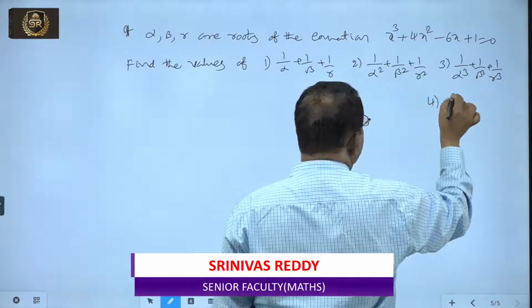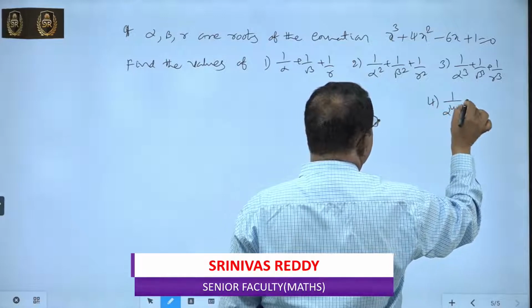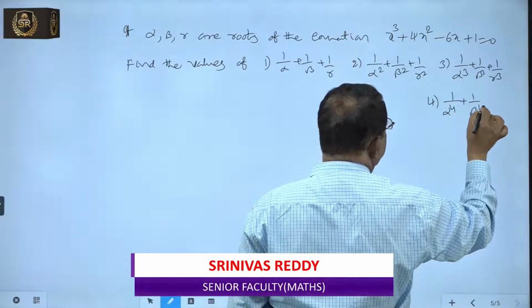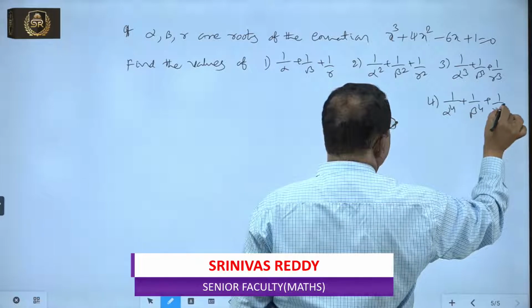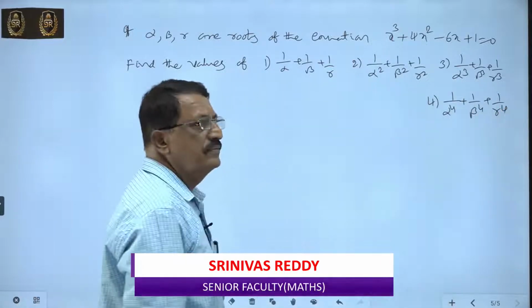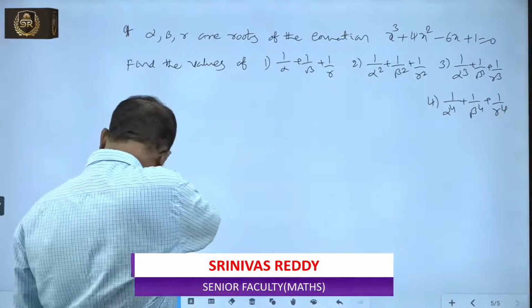Fourth, 1 by alpha to the power of 4 plus 1 by beta to the power of 4 plus 1 by gamma to the power of 4. Find these all 4 values. Now